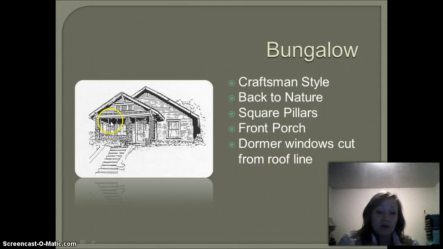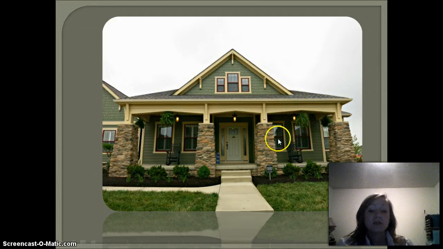It has square pillars, which some of my other pictures show better later. A front porch. It's very important to be inviting, neighborhood friendly front porches are there, big with the craftsman style. And then we have dormer windows cut from the roof line. So I'm going to show you, there you go. So you can see